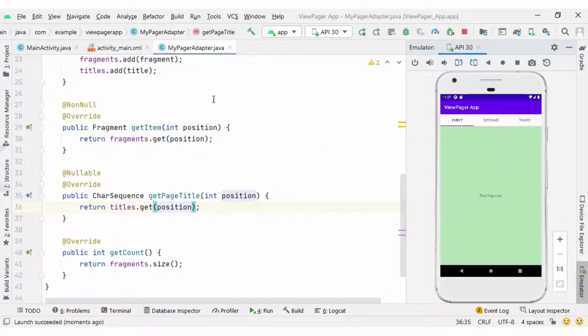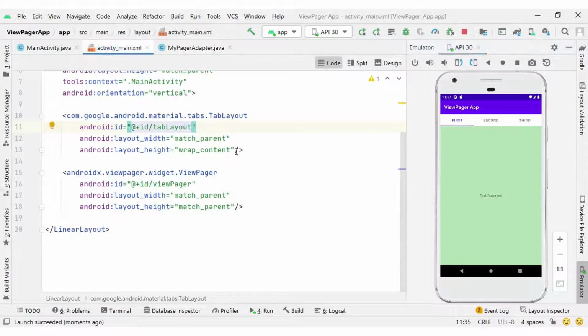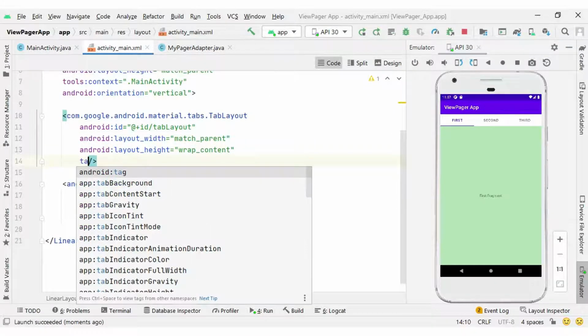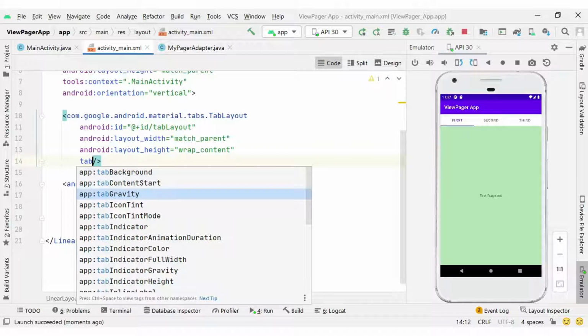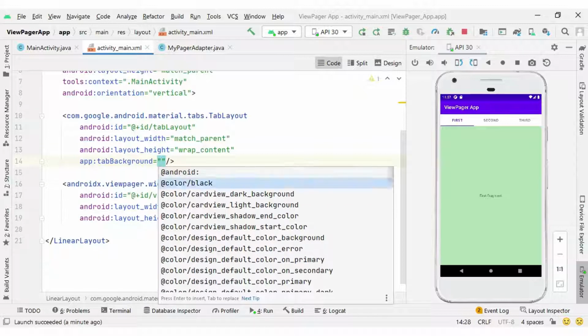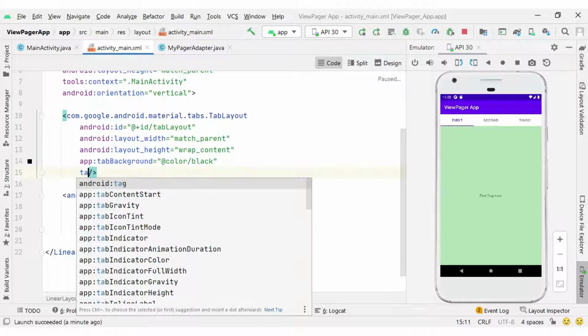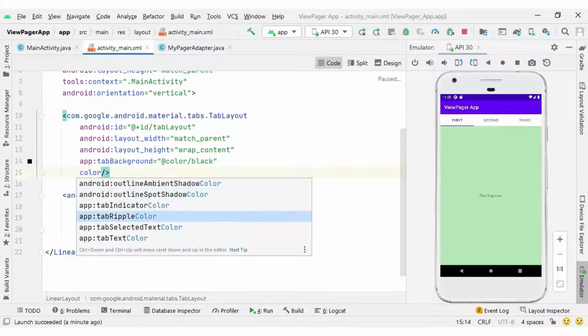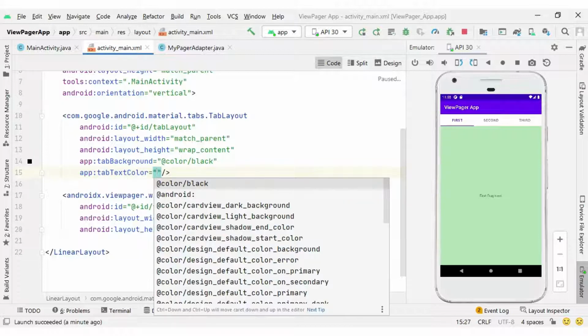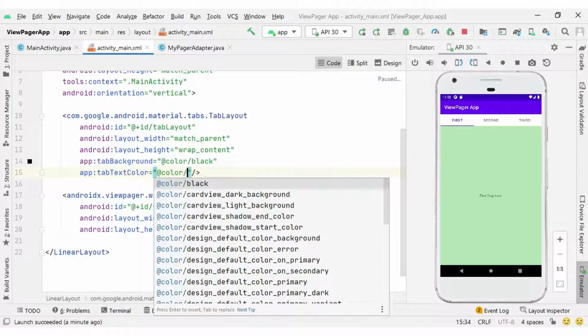Okay, you can also change the background color of your tab layout. Here you can see you will get tab layout related properties, tab background color. If you want to change it, you can, like set the background color to black, and suppose I want the text color here, tab text color, set to white.